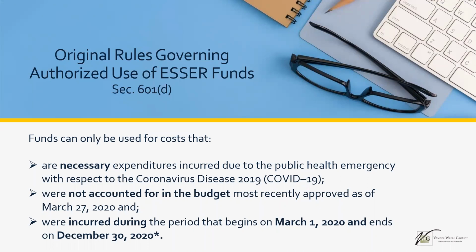So let's talk about the original rules governing the authorized use of ESSER funds. There are three major parameters that the federal government put on. One, the funds can only be used for costs that are necessary expenditures incurred due to the public health emergency caused by coronavirus disease or COVID-19, that the expenses were not accounted for in the budget that were most recently approved as of March 27th, 2020, and that were incurred during the period of March 1st through December 30th. And as I said, that has actually been moved now